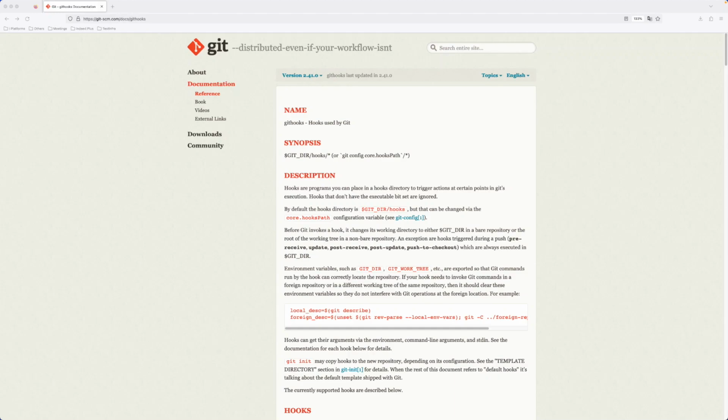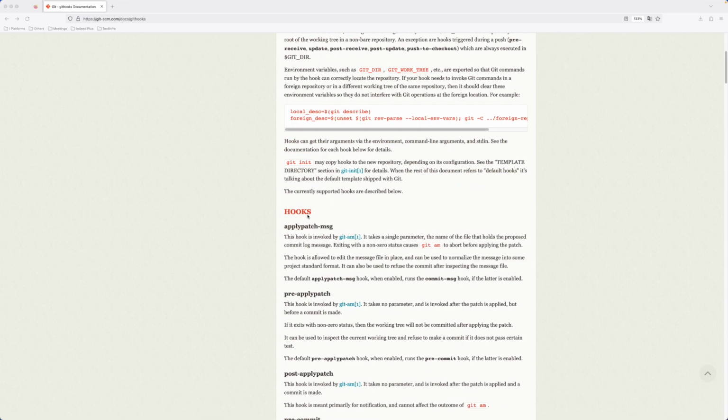Hello. Most of the time we use Git to manage our code versioning, and there are several operations or tasks we can perform while using Git. So in this video, I want to talk about the hooks that we can perform or include in our frameworks. As we discussed in test cases or test suites, we might have some hooks which are triggered before or after